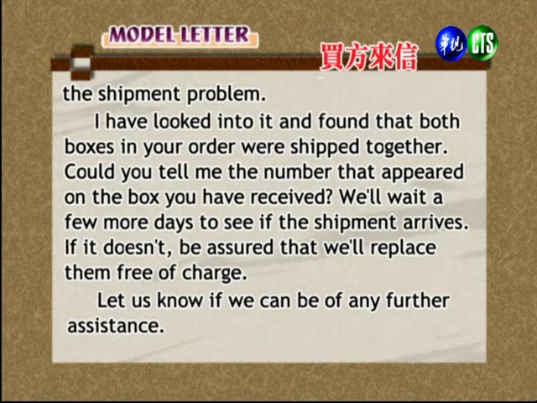我们查询的结果两箱都寄出去了。Could you tell me the number that appeared on the box you have received? 你收到的这一箱的箱号是什么？可不可以请你告诉我？OK，他说 We will wait for a few more days to see if the shipment arrives. 他说我们再等几天，看看另外这件会不会到。If it doesn't, be assured that we'll replace them free of charge. 他说如果没有到，我们会免费的再 replace，就是再送货给你。Let us know if we can be of any further assistance. 请让我们知道有没有任何协助我们可以做。